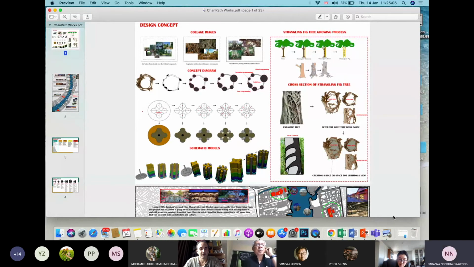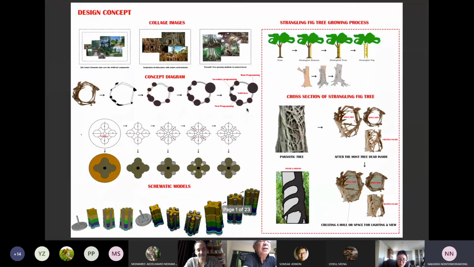Looks like I'm talking only for myself. Ajahn, may I ask? Yes? Yes, go ahead. You're not talking to yourself. For the schematic model to look like the last design concept that he shows, how, in your opinion, is it going to look? It should be looking like this. It should look like.